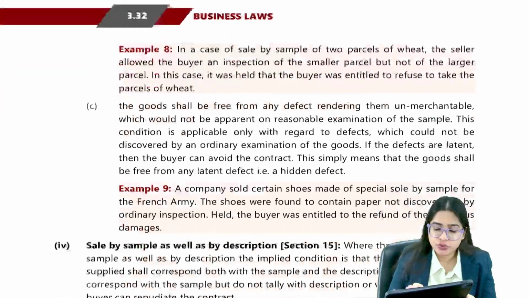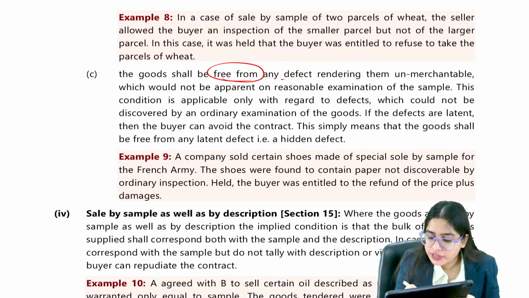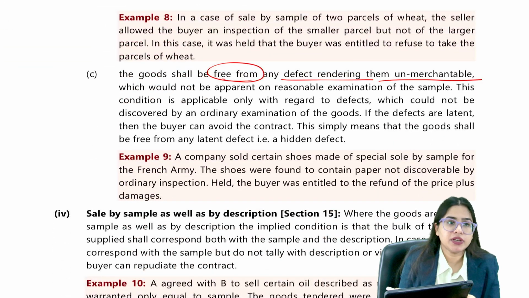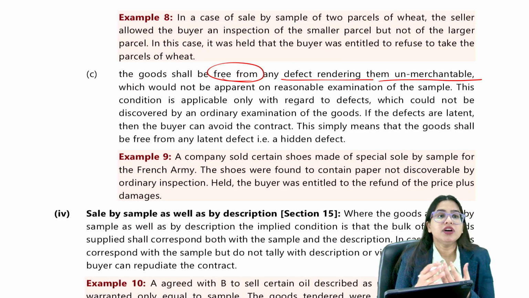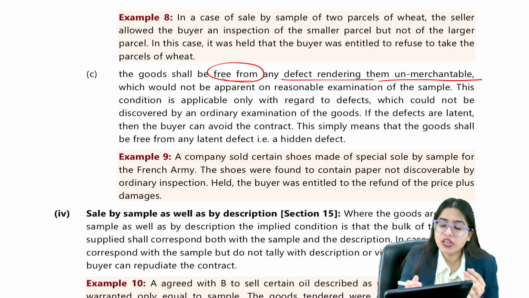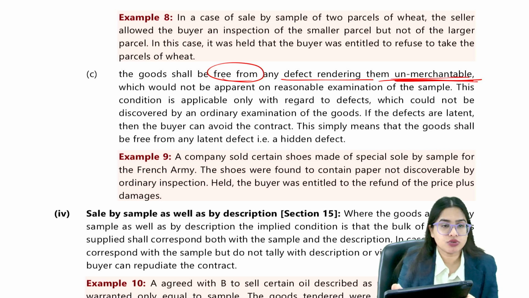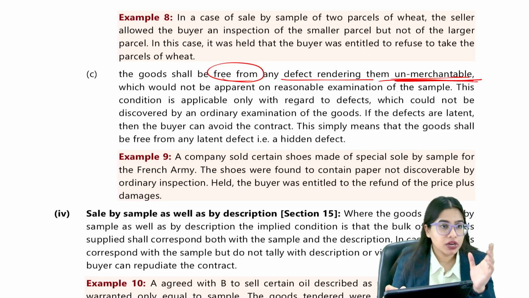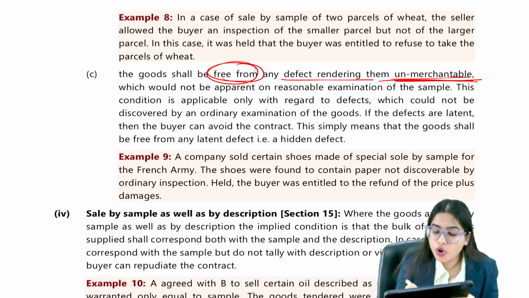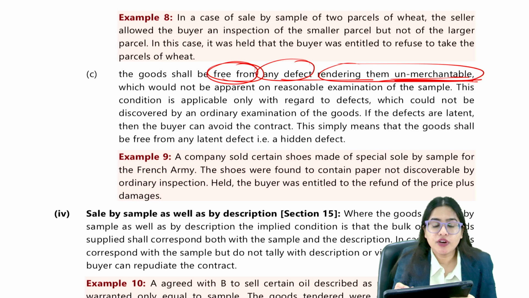Next, it should be free from any defect rendering it unmerchantable, meaning it should not have any hidden defects. Merchantable means usable, unmerchantable means not usable. It should be free from those defects which will render it unmerchantable, which means, for example,